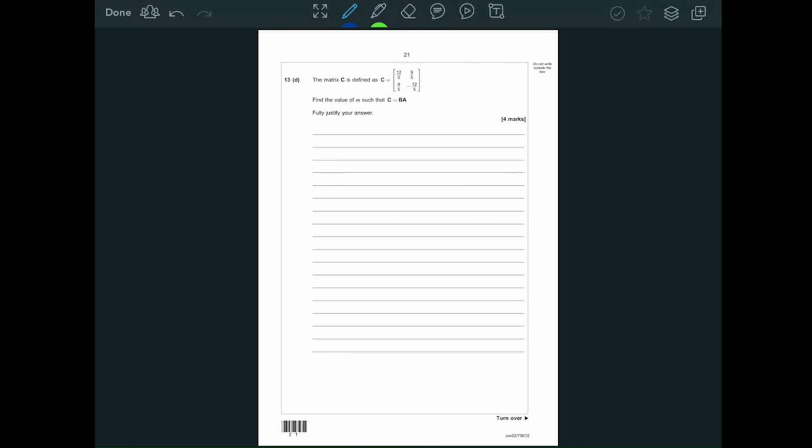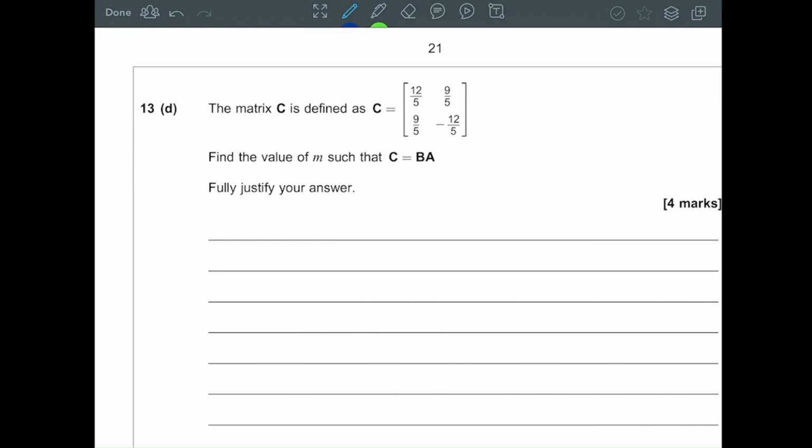And more parts of question 3. The matrix C is that. Find the value of m such that C equals BA. Well, BA was 3003 times A. So I can say that matrix A is the inverse of that, which is a third, 0, 0, a third, times C. The opposite of scaling by 3 is scaling by a third, which is going to be 4/5, 3/5,